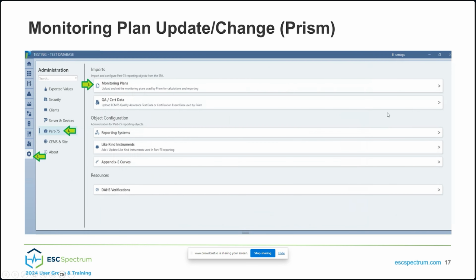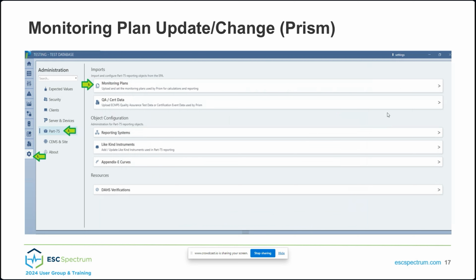Now with Prism, as I specified before, you're still going to have the same type of capability, but you're going to be doing most of your changes in the ECMPS client tool. So, stepping away from StackVision, let's just say, for example, you are doing an analyzer changeout, like you were saying, Bert,